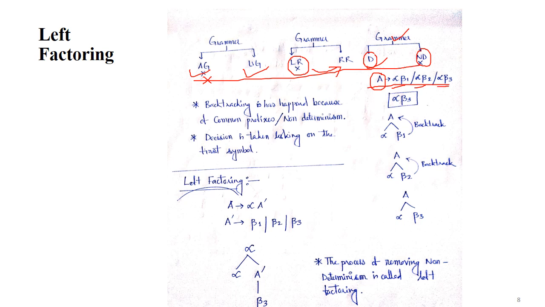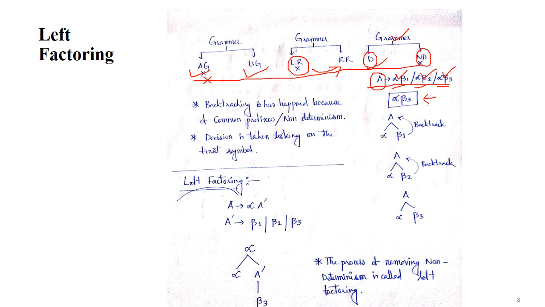That is why this is called non-deterministic. This is your non-determinism, because for the same input symbol A I can have three choices. I can go to this production, I can go to this production, I can go to this production also. Now I am interested to generate alpha beta 3,